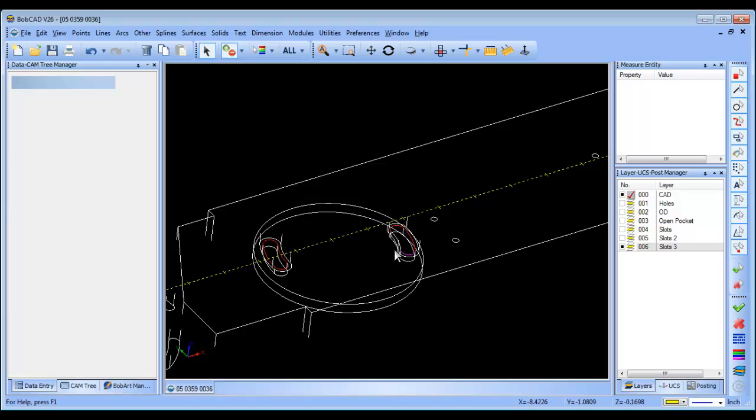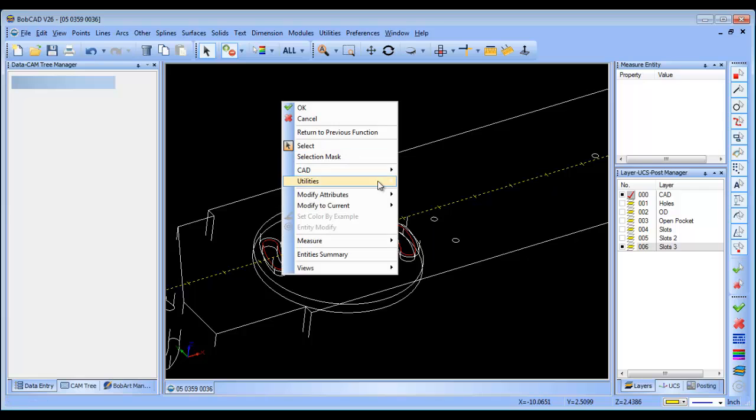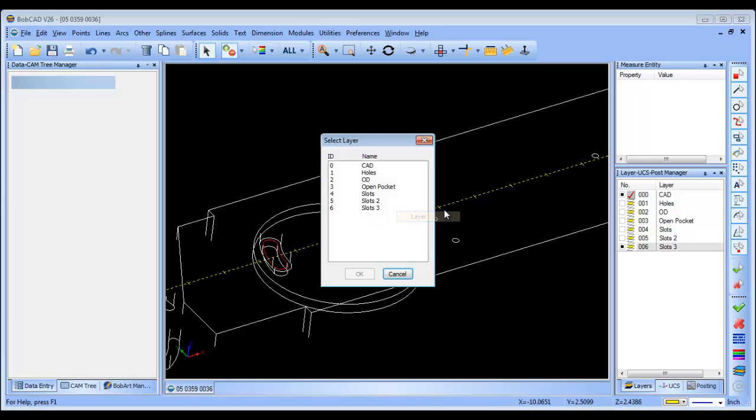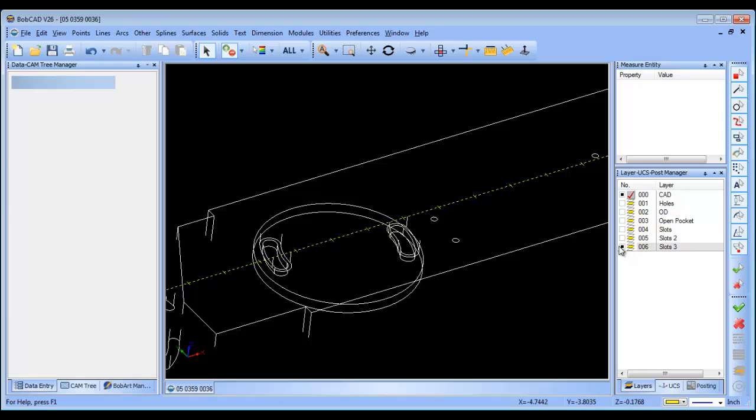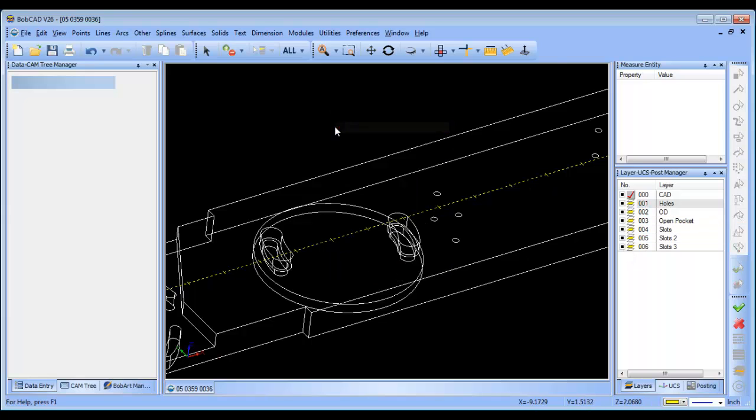Okay. So I'm pretty happy. I have most of the features that I want to machine on this setup, so they're all separated out on different layers. So now